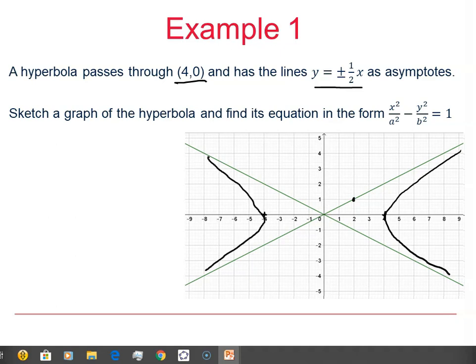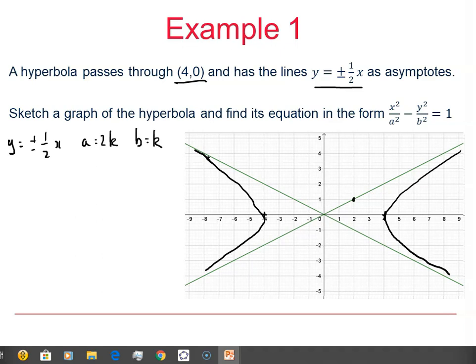Approaching, it's difficult to draw on the computer, but approaching these asymptotes rather than touching, of course. We know that y is equal to plus or minus a half x is the asymptotes, and therefore a must be equal to 2k and b equal to k. But of course we know that a is equal to 4, and therefore b is equal to